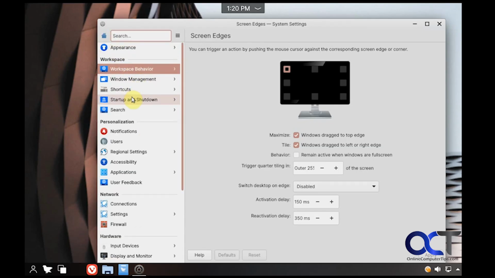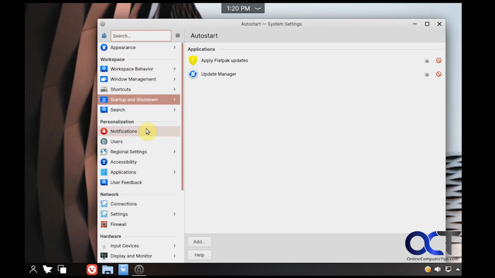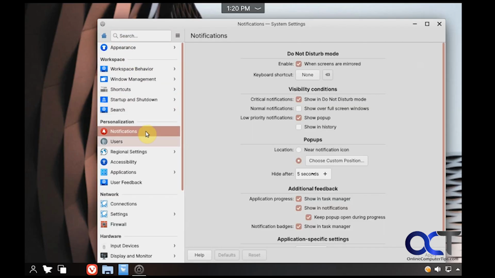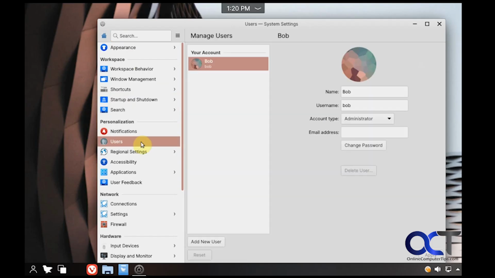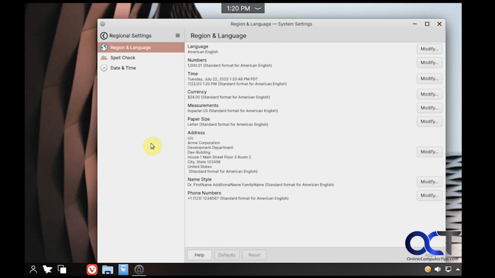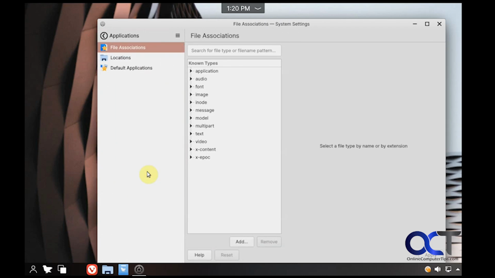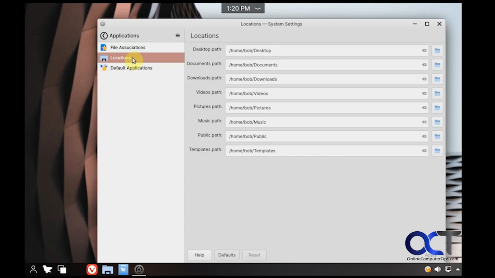Your shortcuts, startup and shutdown, search options, notification options, user accounts, add a new user, standard or administrator, regional settings, accessibility options, application settings. So if you want to change your file associations or default apps, you could do that. And also your default locations,